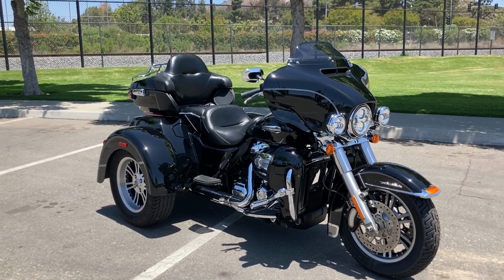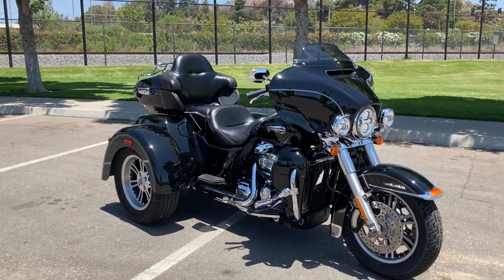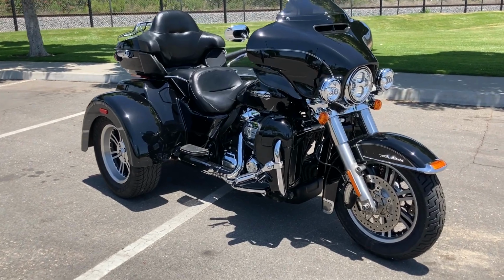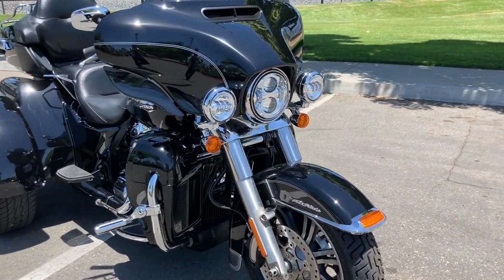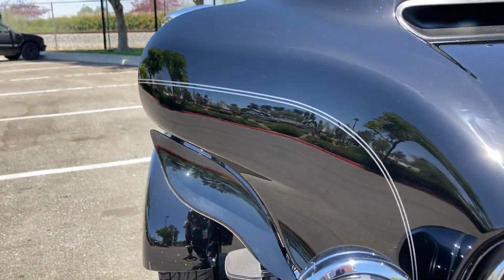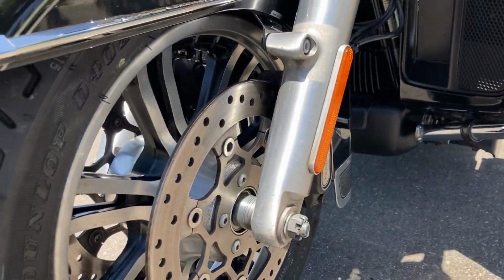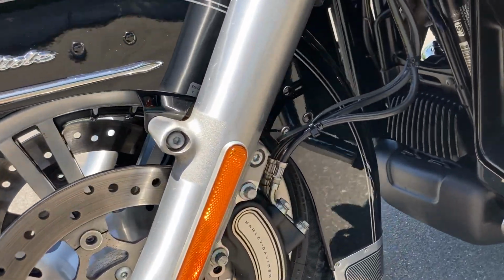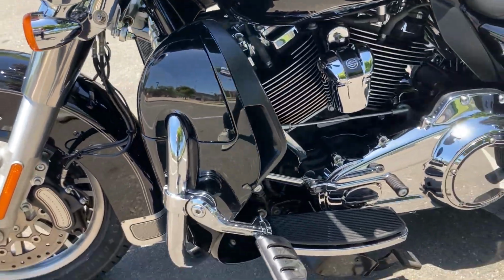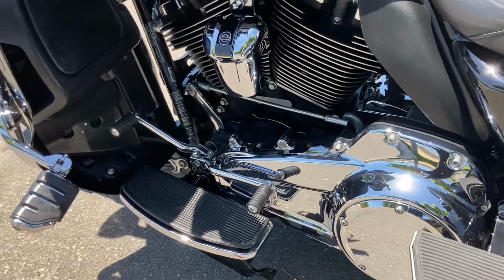We're at North County Indian Motorcycles, and we're looking at a 2017 Harley-Davidson Tri-Glide Ultra. This one is in vivid black, has the silver pinstriping on it. Bike is also equipped with ABS. Has rider and passenger floorboards, heel toe shifter,